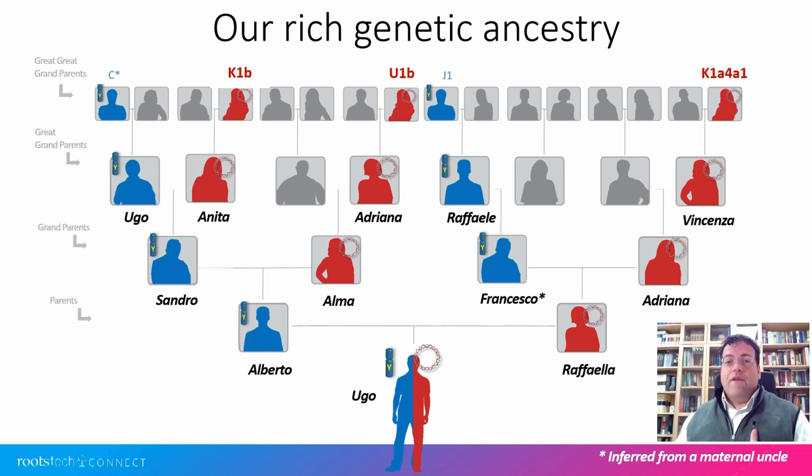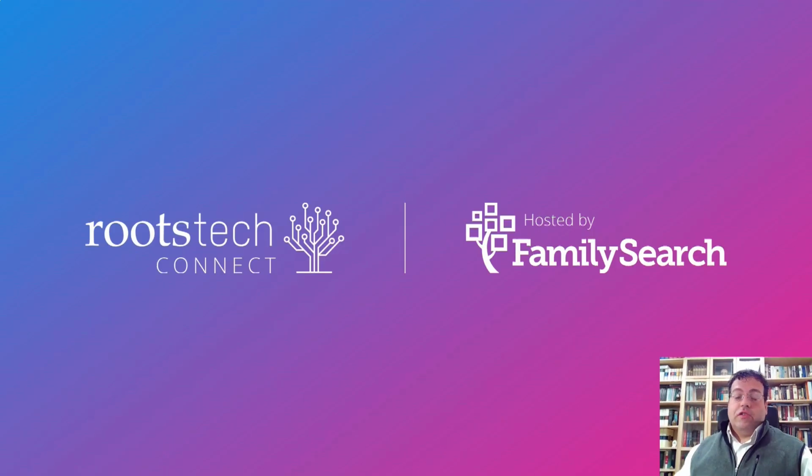So you see, every line belongs to a different haplogroup, which means I have a much richer ancestry with regard to ethnic origins and genetic cousins that I can find along these different lines. So that's all for